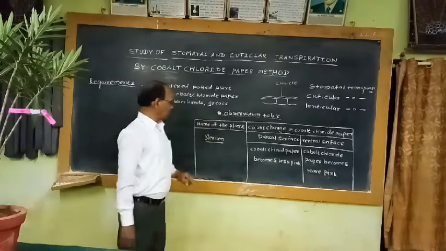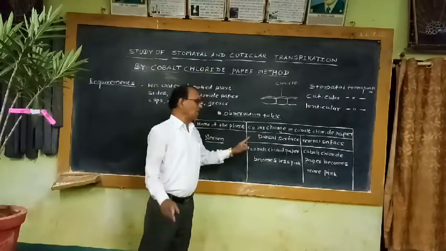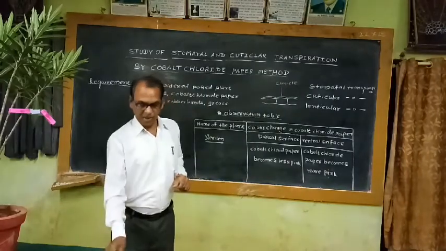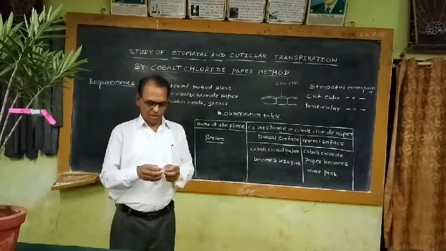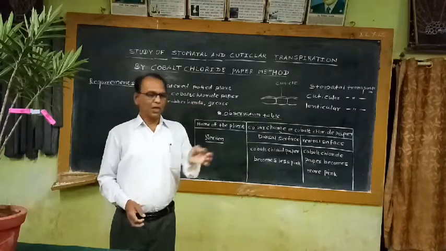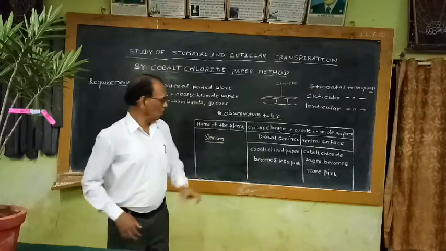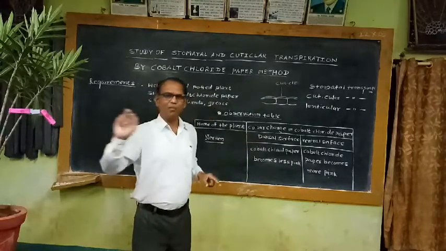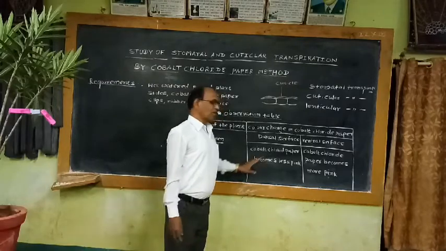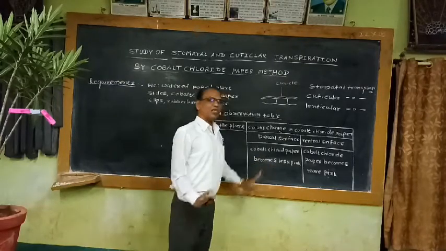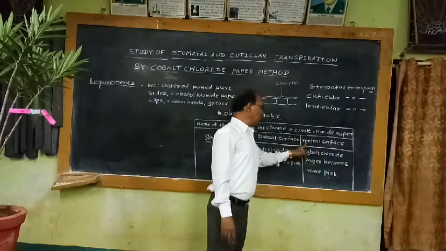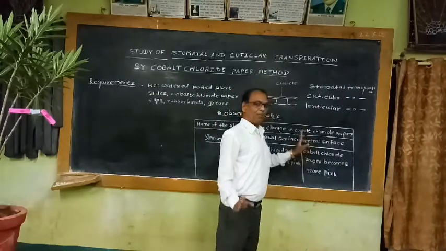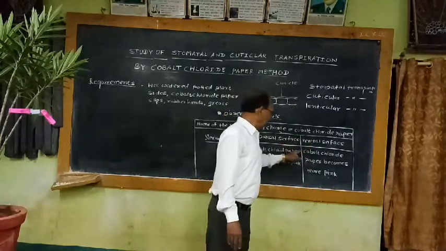After 20 minutes, we should record the change in the color of the cobalt chloride paper. So I have told you earlier this property of the cobalt chloride paper. When it comes in contact with water, it changes its color from blue to pink. So after 20 minutes, the paper which is placed on the dorsal surface of the leaf changes its color and becomes very less pink, while the paper which is placed on the ventral or lower side of the leaf becomes